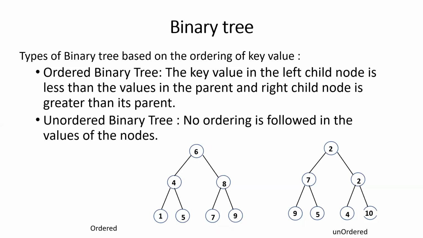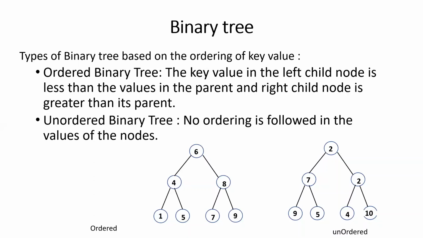So an ordered binary tree can be used for searching of an element in an efficient manner. Otherwise, we will end up searching and comparing each element in the node. Got it? If it is an ordered binary tree, we can just ignore either the left child or the right child by searching with the root element. We will be able to understand whether the search key is present in the right child or in the left child.